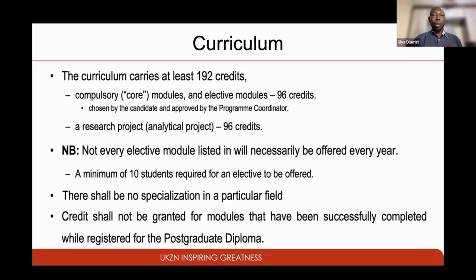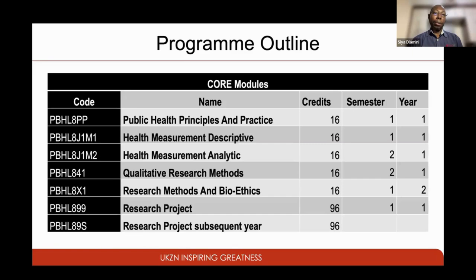With the electives that we offer, it doesn't mean that every year all those electives will be offered, because it depends on the number of students that have opted for those electives. If the number is less than 10, there's a chance that that elective will not be offered that year. Currently, we don't have specializations or streams or tracks, as other colleagues have mentioned, but I'll go to what is in the pipeline and what we're currently working on with regards to that.